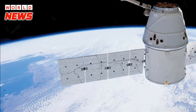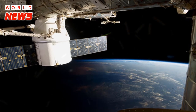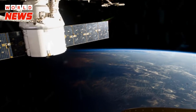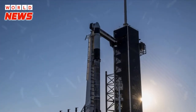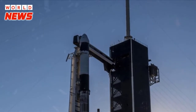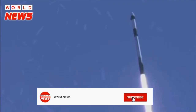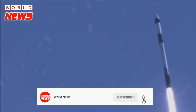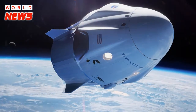Once this capsule reaches the space station, it won't be the only Dragon attached to the ISS. On November 15, SpaceX launched a crew of 4 to the ISS on another Dragon capsule, which docked with the station a day later. That means there will be 2 Dragons docked at the ISS after this flight gets off the ground. It'll be the first time that there are 2 Dragons on the space station simultaneously, Sarah Walker, the director of Dragon mission management at SpaceX, said during a press conference ahead of the flight. "And it really ushers in a season of continuous Dragon presence for the near future, at least through the end